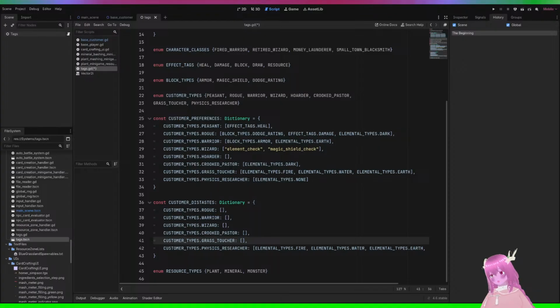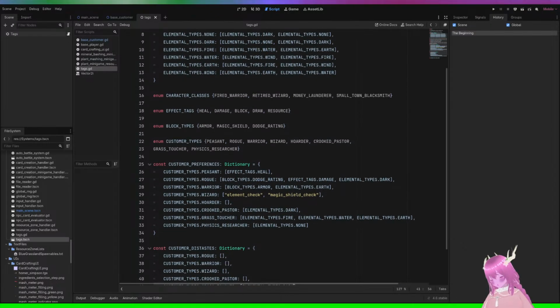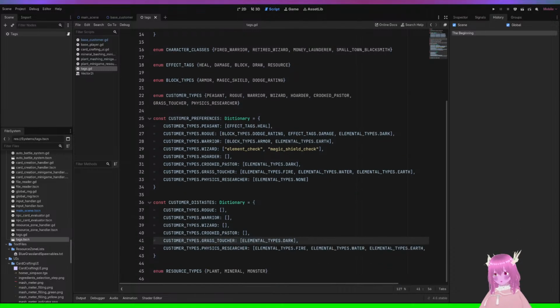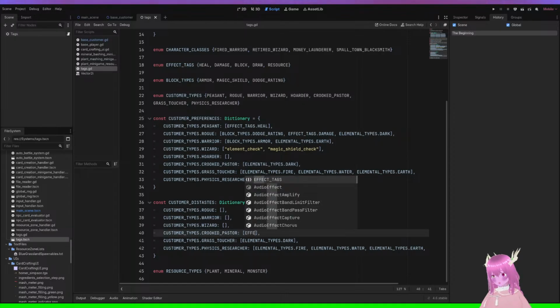The grass toucher, he will not like ElementalTypes.dark. He will not like that because he goes outside too much. He hates the dark. Now the crooked pastor, he will not like effect tags that heal.